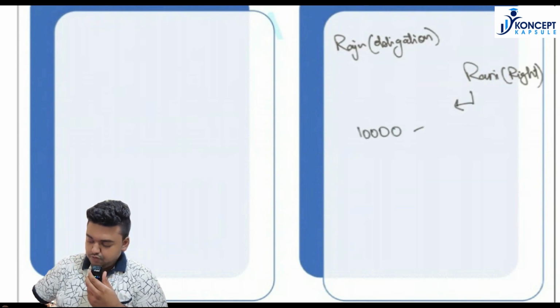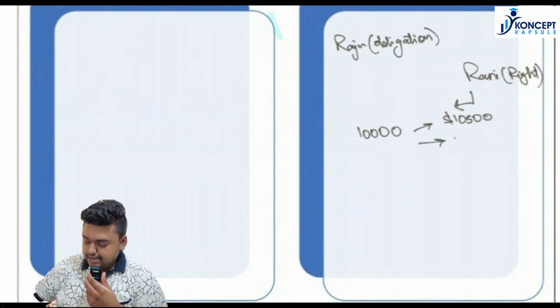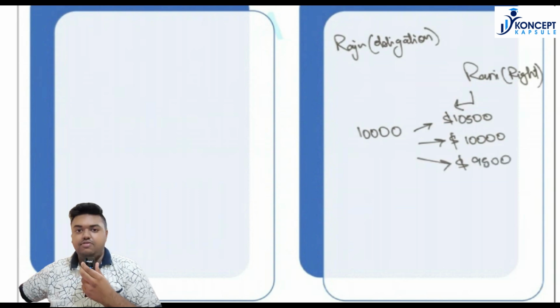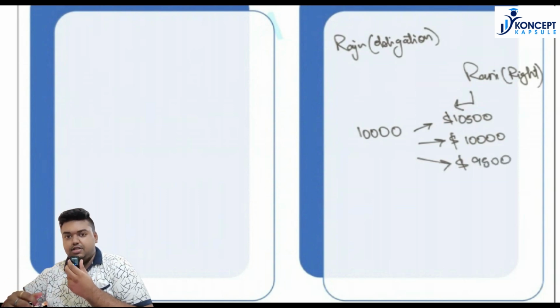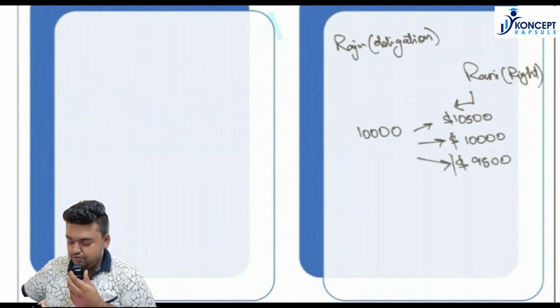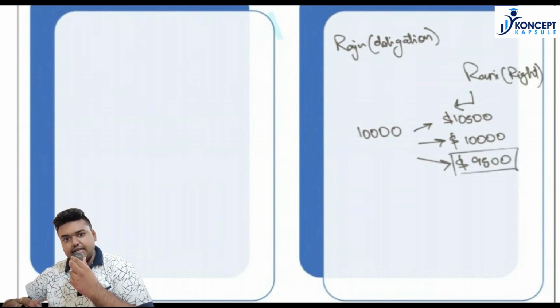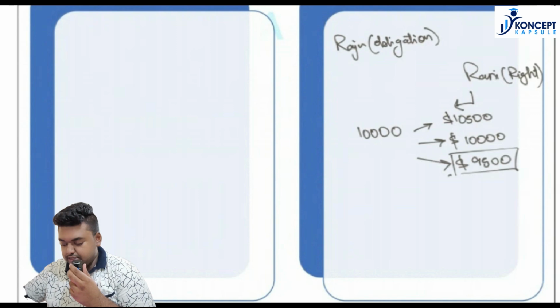When the price moved to 10,500, or the price remained at 10,000, or the price moved to 9,500? Rani would have exercised the option when the price moved down to 9,500. Yes, only in that situation will she earn a profit. She will earn a profit of $500,